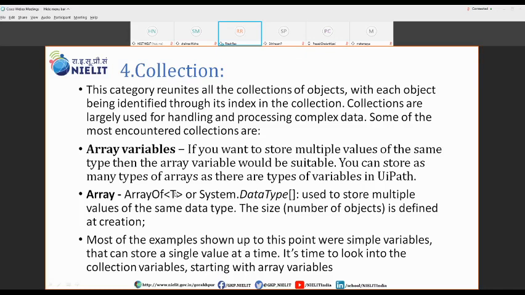So we all know what is array. So this array variable is basically used where we want to store more than one value, or we can say where we want to store multiple values.